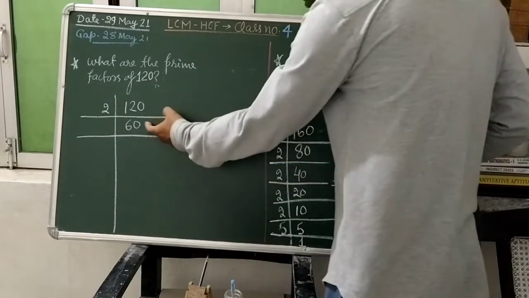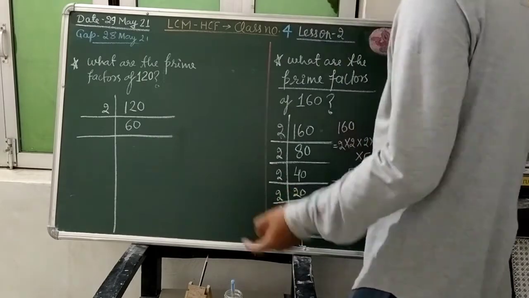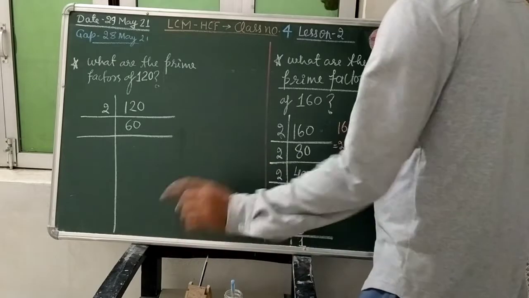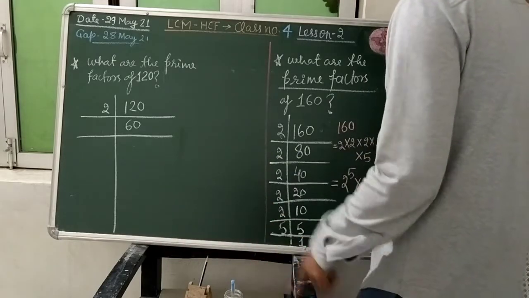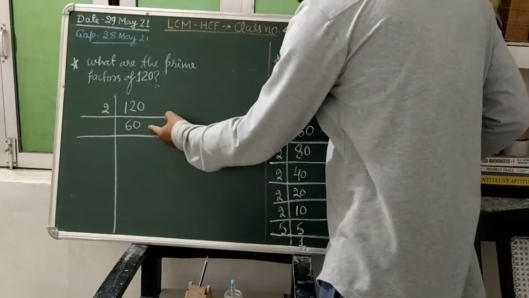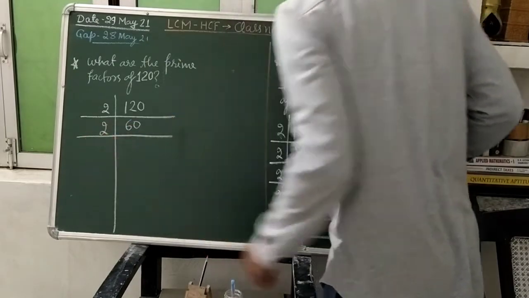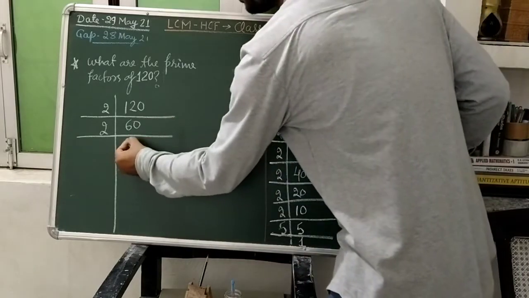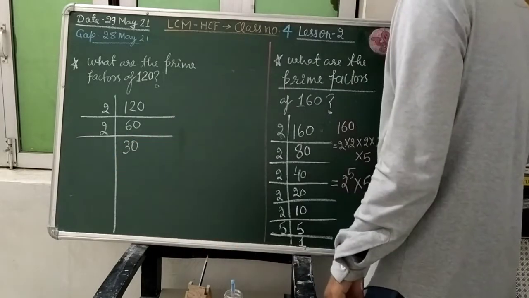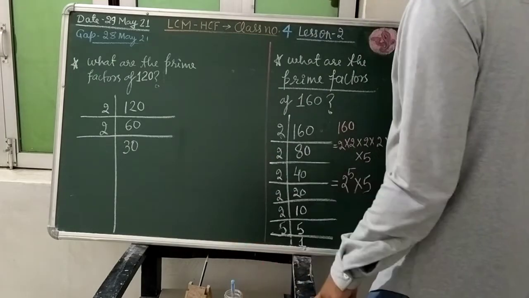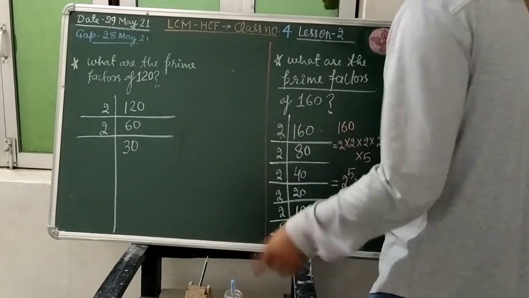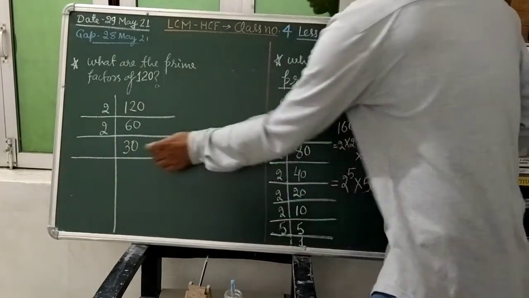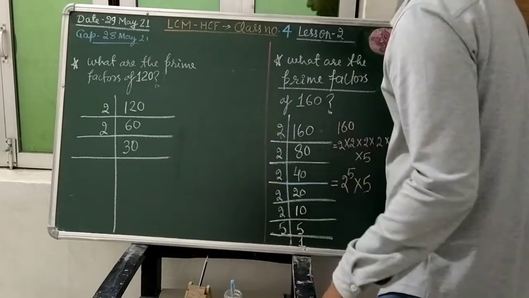Again we see that 60 is coming, which is a composite number. For a composite number we shall start with 2, since we are ignoring the 1. When 2 divides this 60, just 2 will divide it. So we shall select 2 here. How many times will that 2 go to divide it? 30 times, isn't it? When you divide 60 by 2, you will get quotient equal to 30 and remainder equal to 0. That quotient you will write again, and the second horizontal line will be completed.